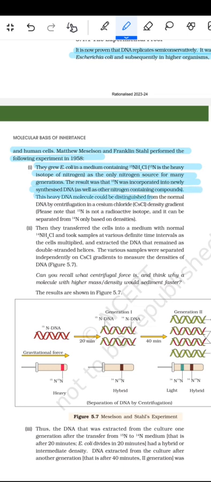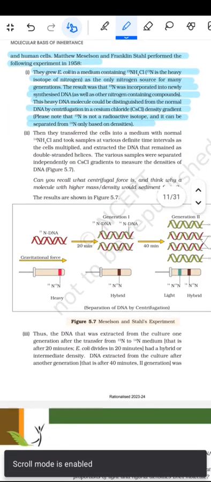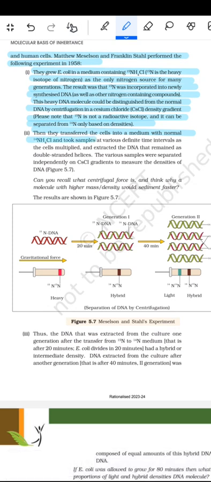This heavy DNA molecule could be distinguished from the normal DNA by centrifugation in a cesium chloride density gradient. Please note that N15 is not a radioactive isotope, and it can be separated from N14 only based on density. Then they transferred the cells into a medium with the normal N14 and took samples